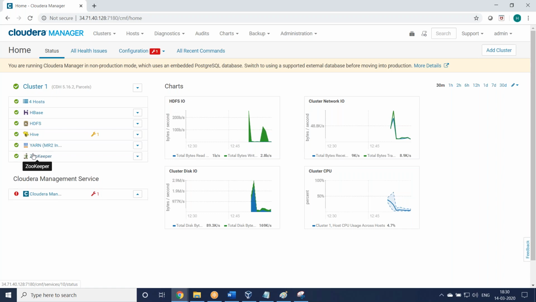Then it will display in the log file what the exact problem is, either memory related, or HBase master down. What is the reason for the master being down? We have to go to the logs and check it. Until then we cannot confirm what the reason is.